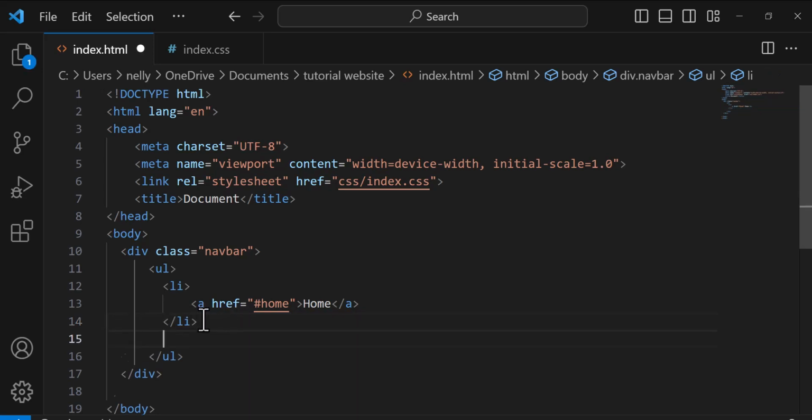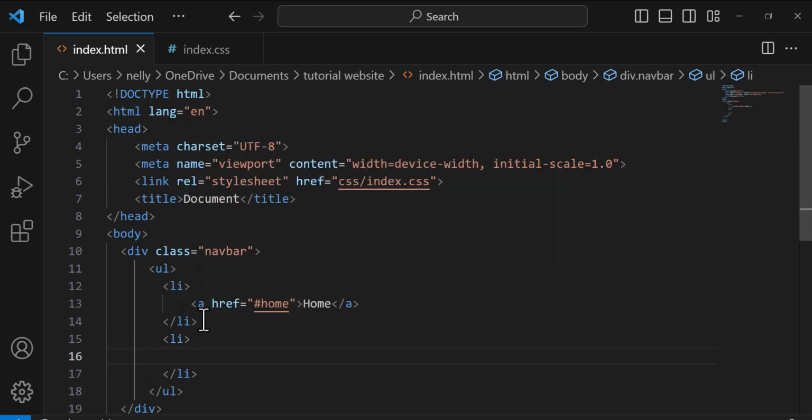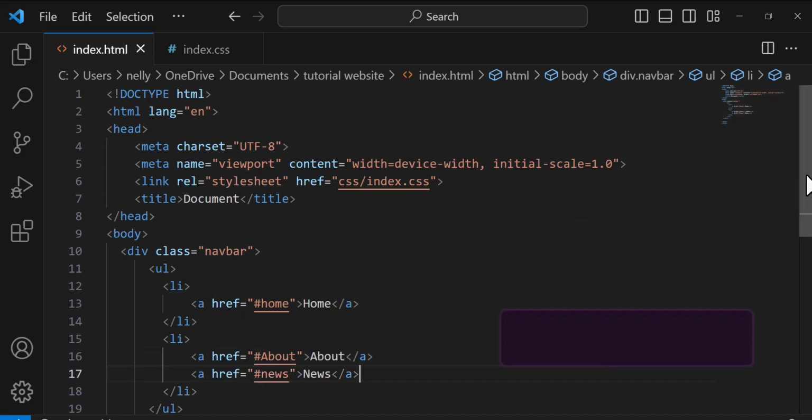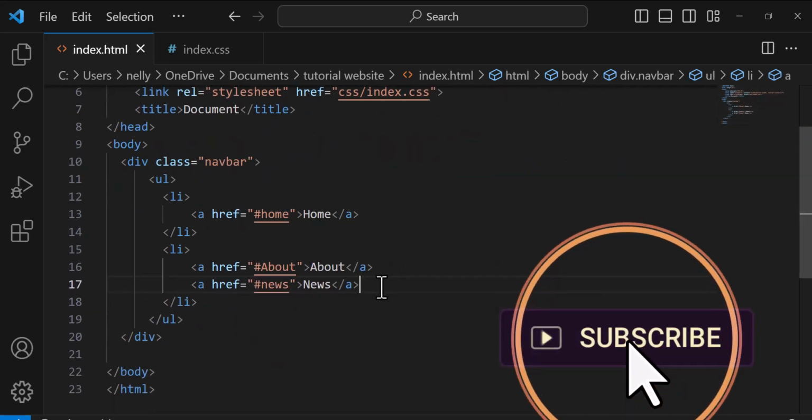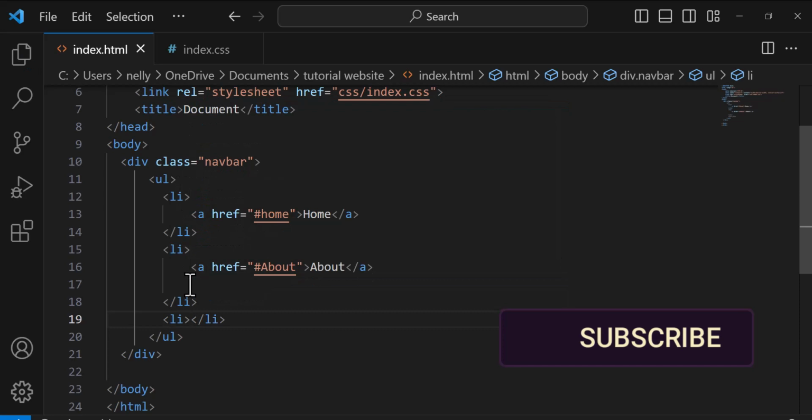Okay, so I have a list item. Then I should paste my item there. All right, so just cut this. So I have another list item here. Just paste this here. Good. Now, because this news item is going to have